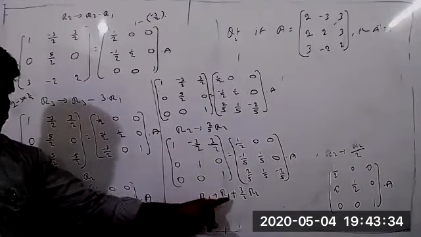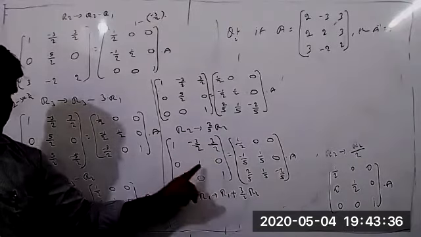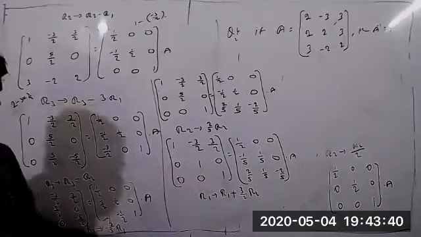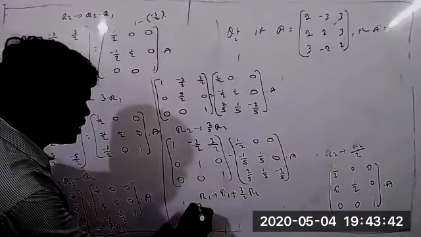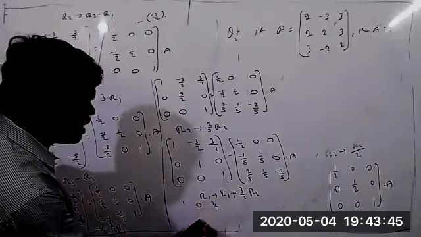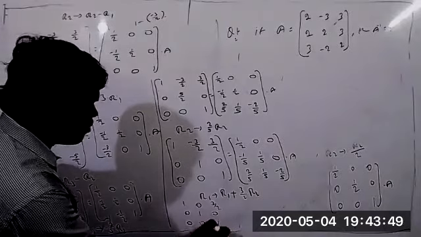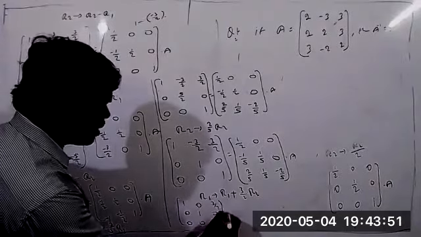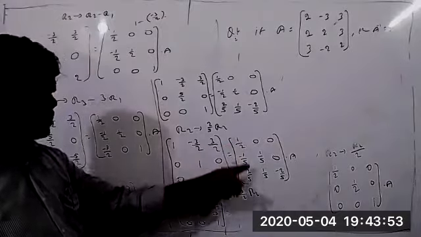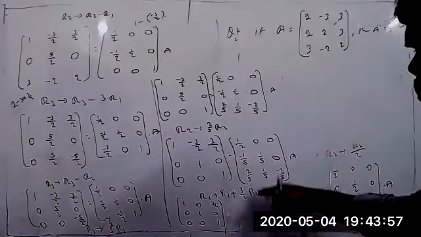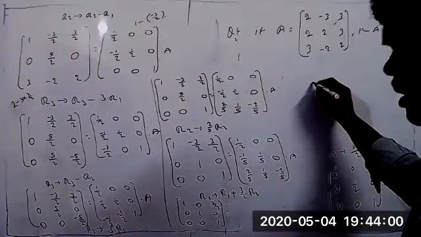So minus 3 by 2 plus 3 by 2 into 1 equal to 3 by 2 only. So minus plus will be cancelled. So it should be equal to 0. So 1, 0, this you can write now 3 by 2, and 0, 1, 0, 0, 0, 1, 0, 0, 1 equal to. Now here also you can change this value now, this is more important for you. So R1 plus 3 by 2 into R2. What is R1 here?